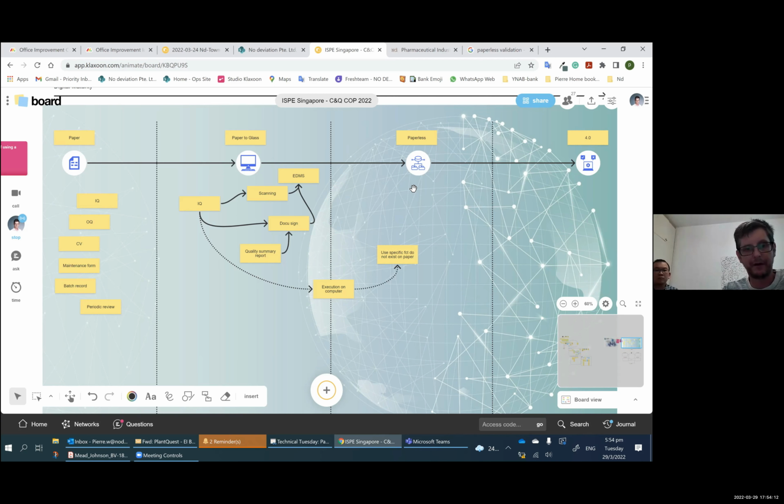Now, this is very much a quality control that we are doing, right? So we go to check that someone has purchased the right material. In a 4.0 world, the system wouldn't allow you to buy the wrong material, right? That's where all our database and all the data that are available should be pulled in a huge data lake so that the system will tell you whether it's compatible or not, right? The algorithm will tell you, yeah, this is the right stainless steel because the purchase order of your supplier was